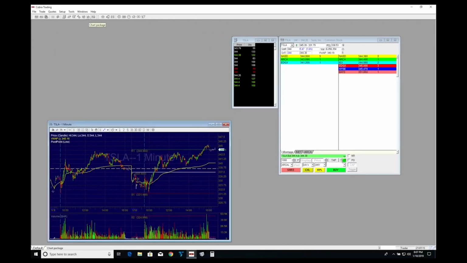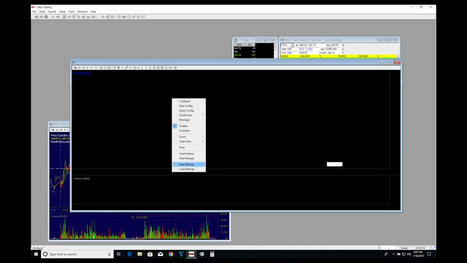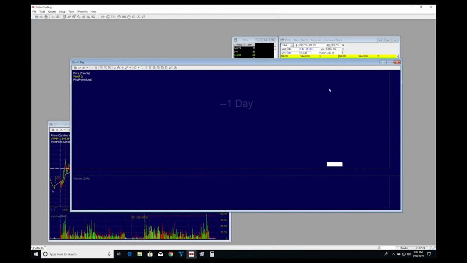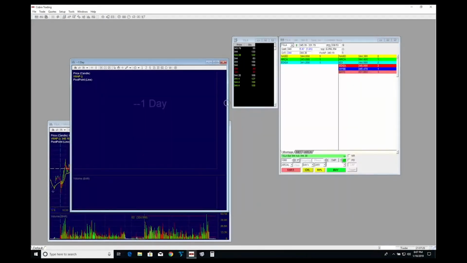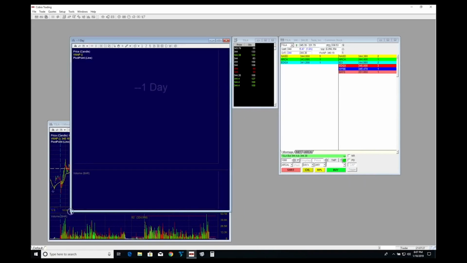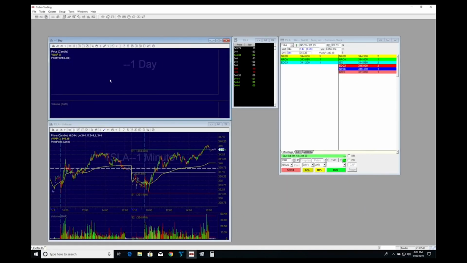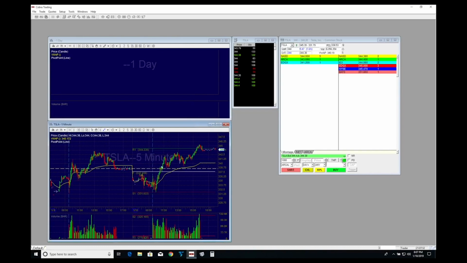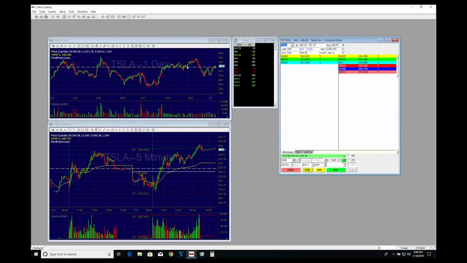Another thing we could do is, let's say we want multiple charts. We'll recall this setting by clicking Load Settings, Blue. We have that chart setting now. We will resize that chart to fit right here. And let's say that we want a daily chart above and then a minute chart down below. Let's say we want to operate on a 5-minute chart, so we can change this to 5 minutes. Commit that. Now we see 5-minute bars right here. Now on this one, let's say we want a daily candle chart, so we're going to click and drag our anchor over, and now we have our daily candle chart